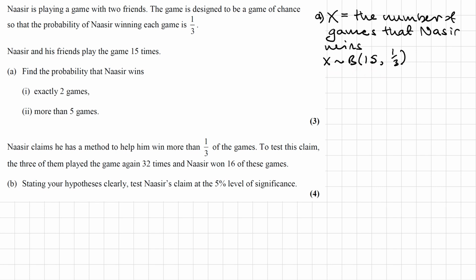I need to work out the probability that he's going to win exactly 2 games. So the number of games that he wins is equal to 2. This we can work out directly from my calculator. Now remember, we'll want to choose binomial PD on our calculator. And we'll get